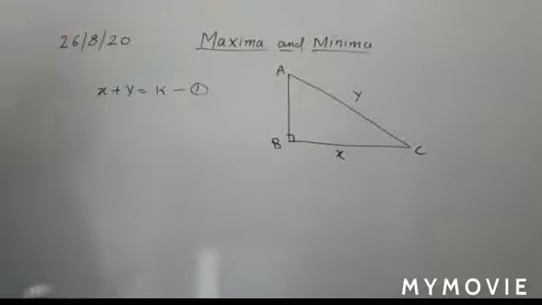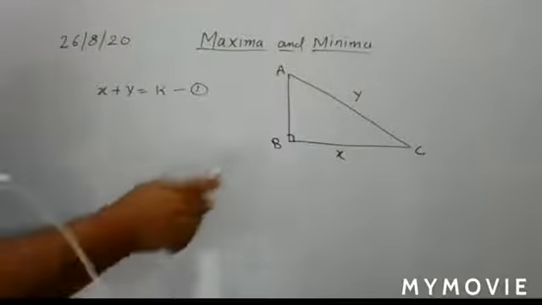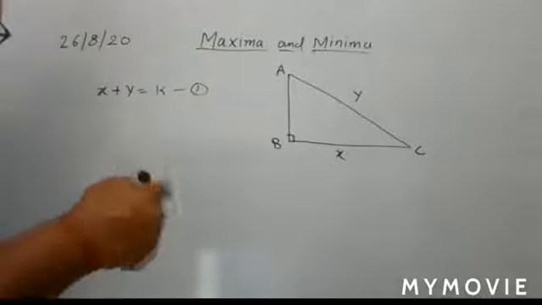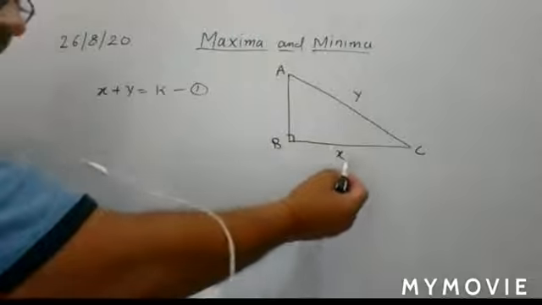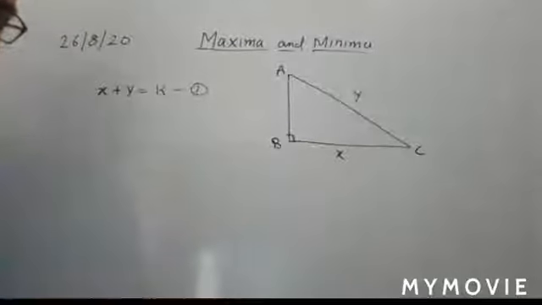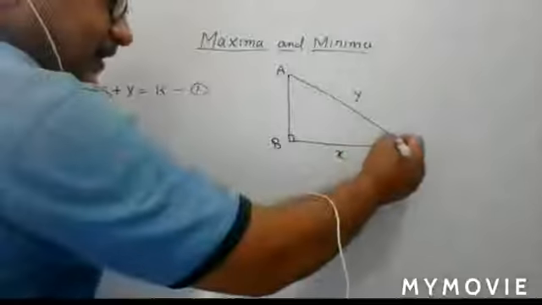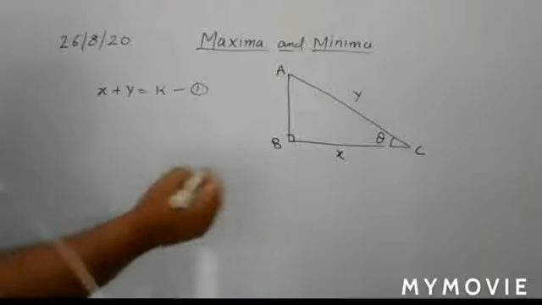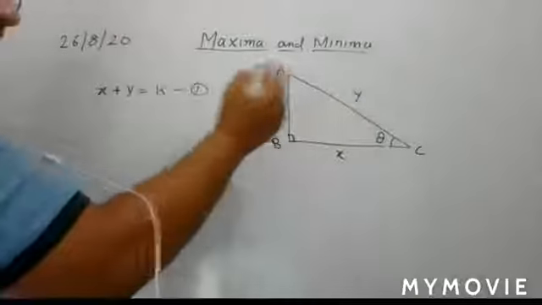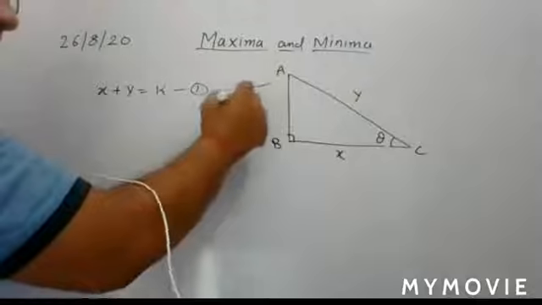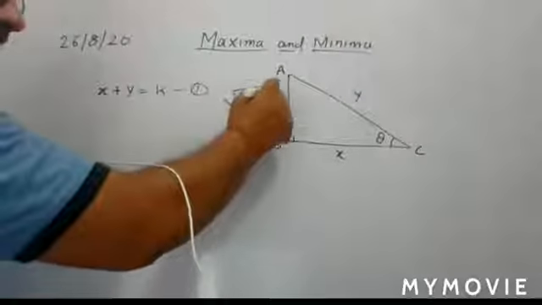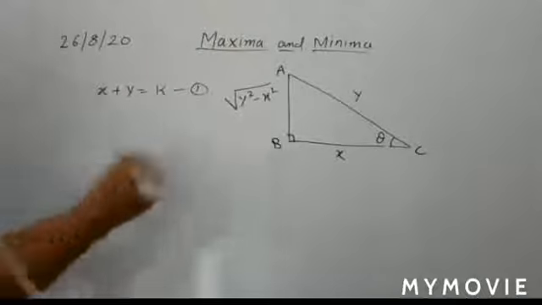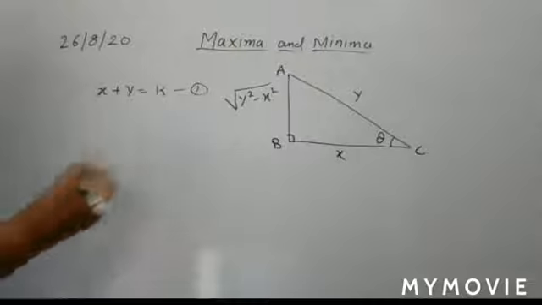What is required? Find if the area of the triangle is maximum when the angle between these two sides is pi by 3. So suppose this angle is taken as theta, and if the base is x and here you have y, its altitude by Pythagoras theorem is under root y square minus x square. So you write it on your figure. Okay, so you can very easily get its area.